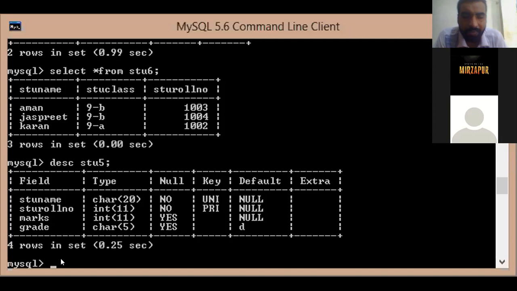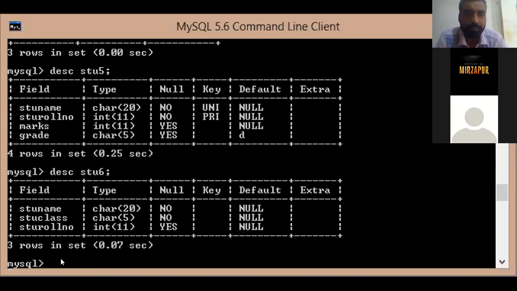Now let us describe STU6. STU6 has STU name as char, STU class as char, and STU roll number as int. Here also STU roll number as int, and here also null. So now we can try.